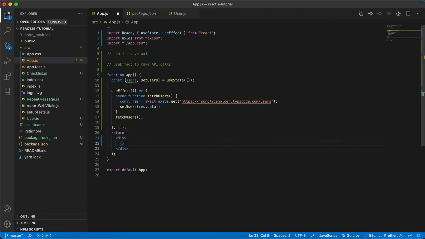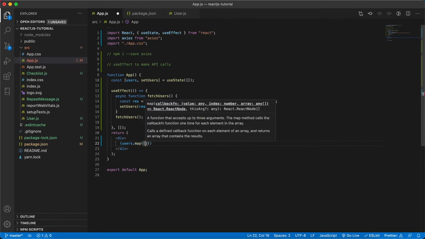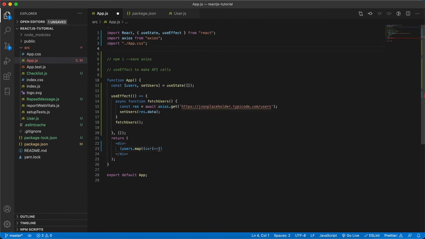And here I'm using a map, so users.map, and we'll have a reference usr, and we'll import the user component here, User from user, and we try to use it over here. So id will be usr.id.